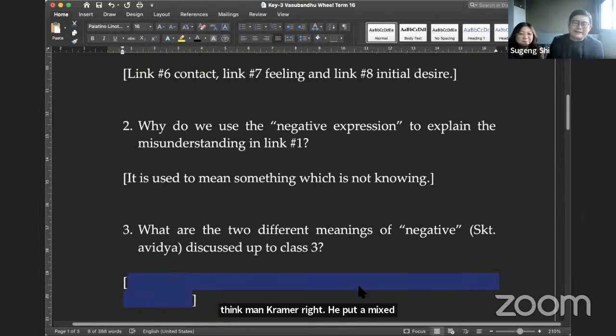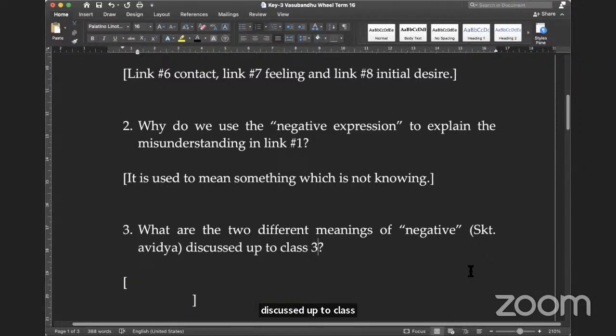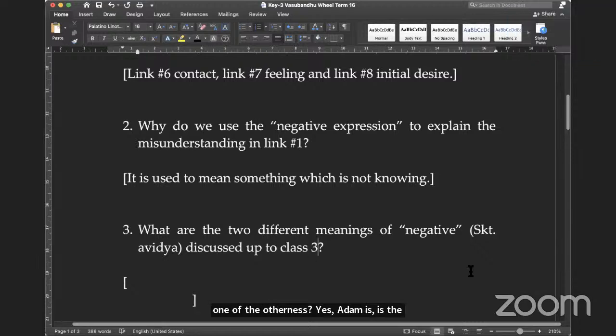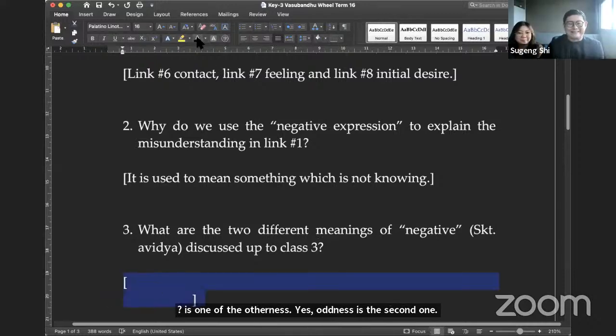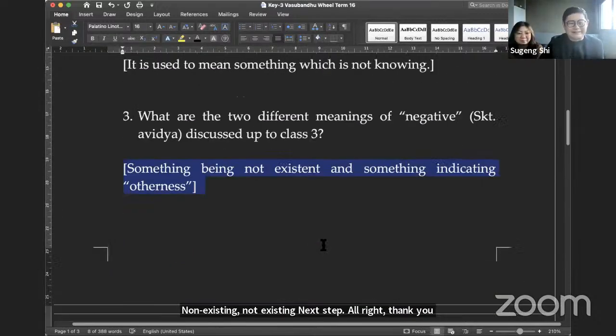Okay, now what are the 2 different meanings of negative or avidya in Sanskrit discussed up to class 3? What are the 2 different meanings? Anybody? Otherness. Is otherness one of them? Yes, otherness is the second one. What is the first one? Non-existent. Yeah, non-existing, not existent. All right, thank you. Now let's move on to the